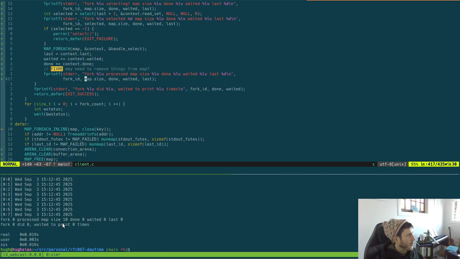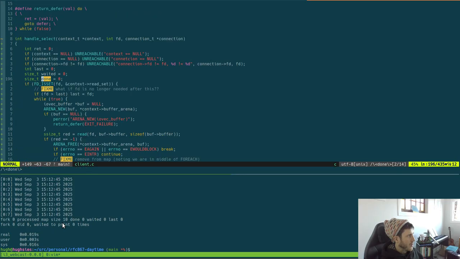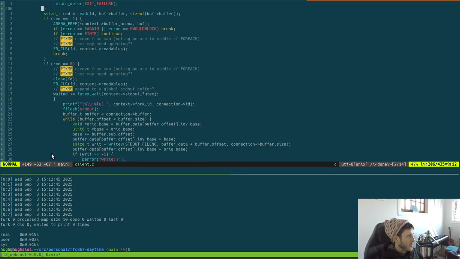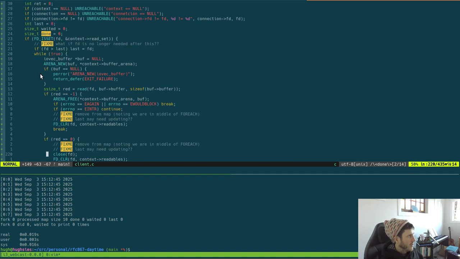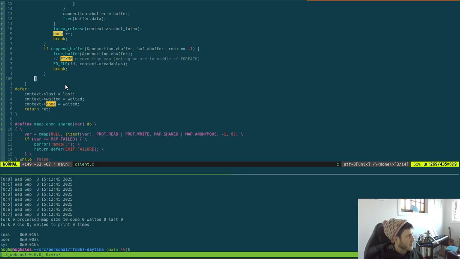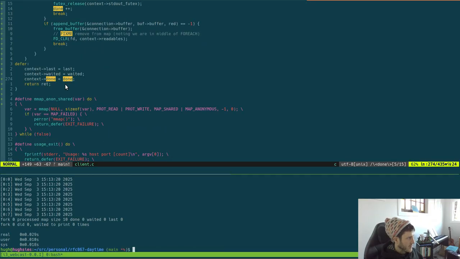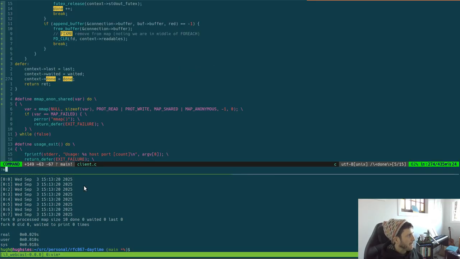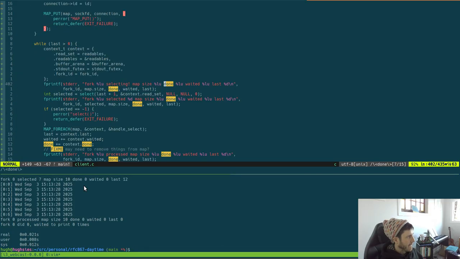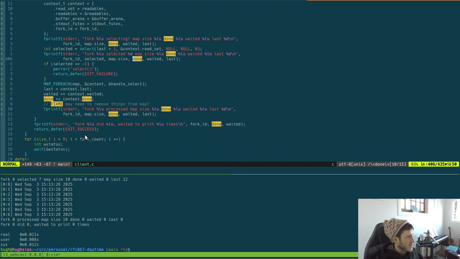Done should get set there. This breaks out of that loop. That loop will go down to here, and done is not waited, it's done. Still get 0. And we do a plus equals done. Yeah,